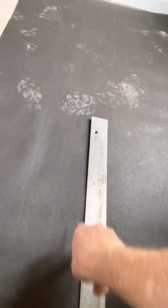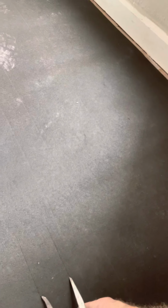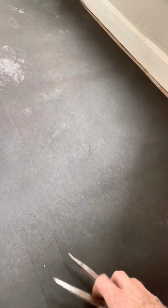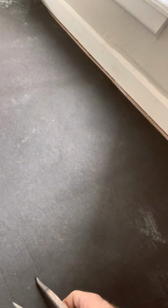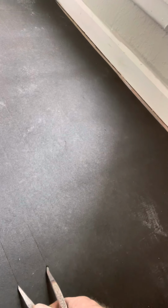You can scribe one side, scribe the other side, move it out of the way, match it up. You see I'm a little bit off right there, so I want to fix that. Get that as pretty as I can. Keep your tolerances nice and tight. Of course, you don't want to make them too tight because some vinyls do not like being net cut